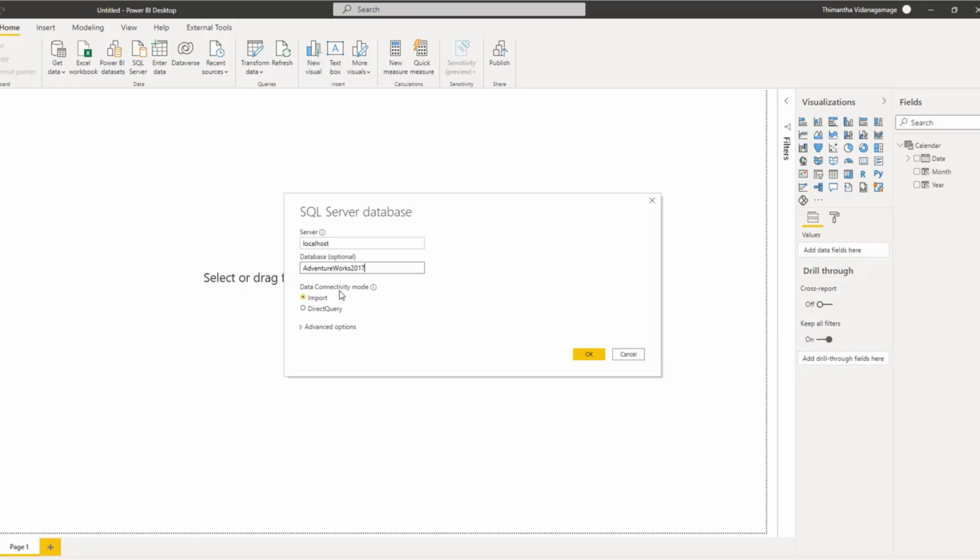But it's not really a good thing to use all the time. There are specific requirements and restrictions that you should stick to with direct query. If not, there will be certain performance issues, and it will affect your source as well, since you are running queries every time you refer into Power BI. So I will be using import at this stage, and I will be clicking on OK.